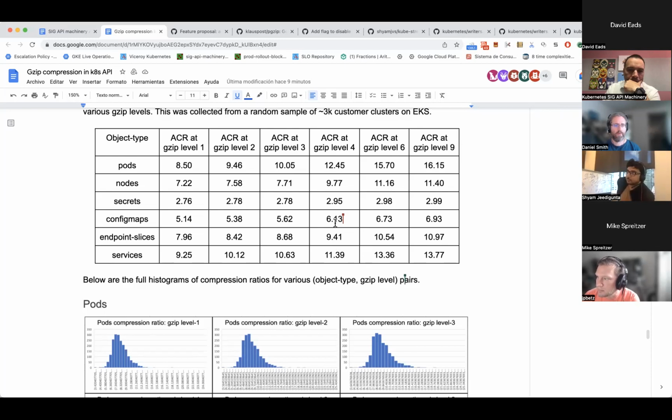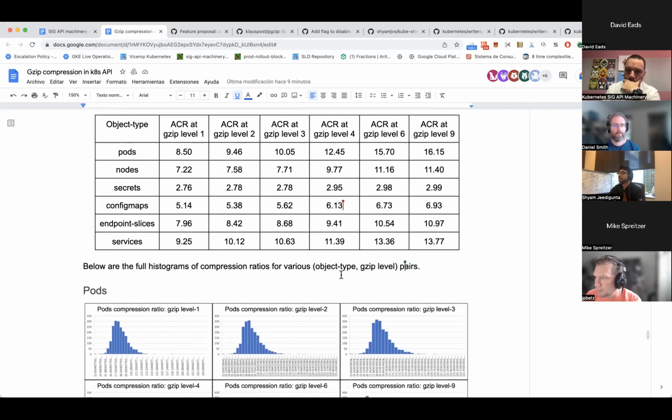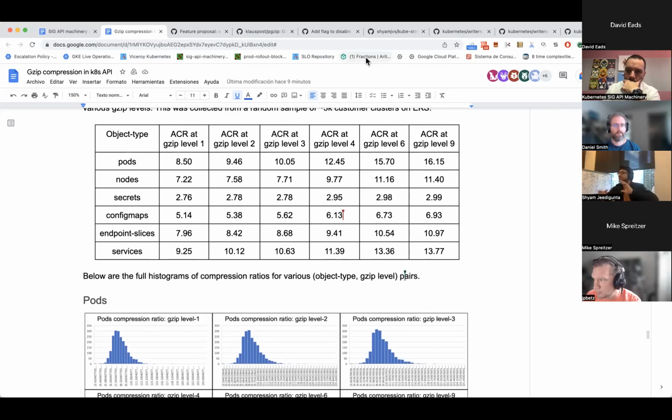Correct. Do you have any theory for why, instead of 1/6, we're seeing 2/3? Yeah, because this is from real production clusters, where config maps may be really small objects, right? And there may be more metadata and spec fields